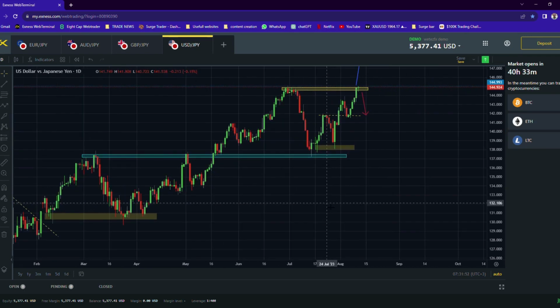As of now, the market structure of USD JPY, as you can see, straight from April, was a very strong bullish upward trend till around 145 somewhere here, and then we saw a retracement back to the previous major resistance. Now we saw a support bounce off this resistance, support at 137, and we saw a big push back